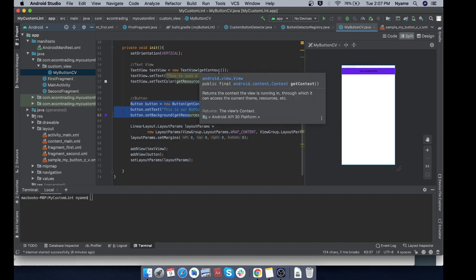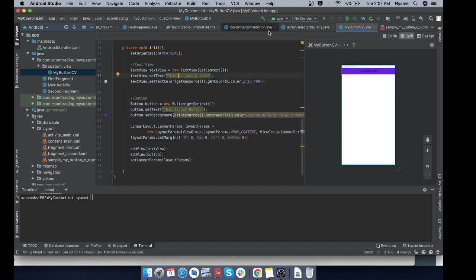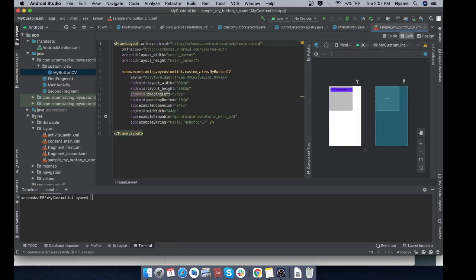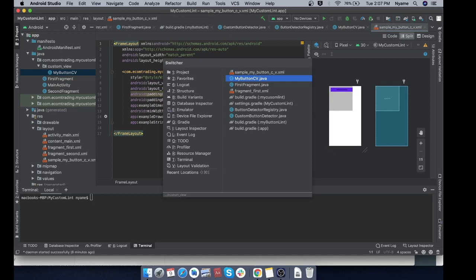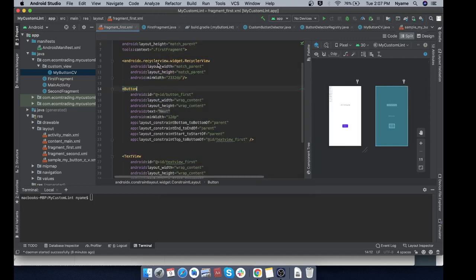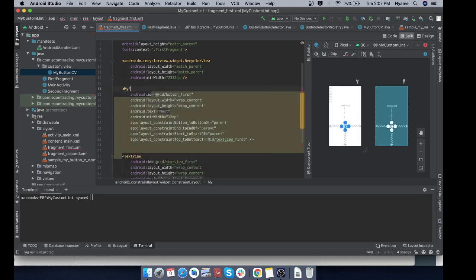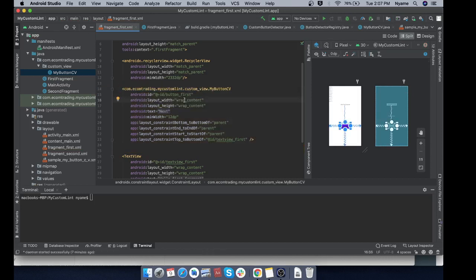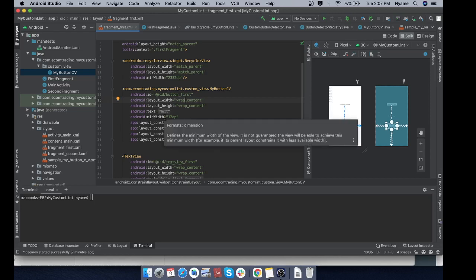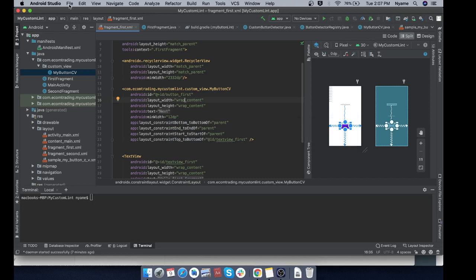After creating it, let's locate the XML file. We simply want to replace this with our my button CV, just like this. This is what we want to do, but we want to rely on the Lint framework to do this work for us. So now let's write our own custom Lint that will do this for us. First of all, to begin with,